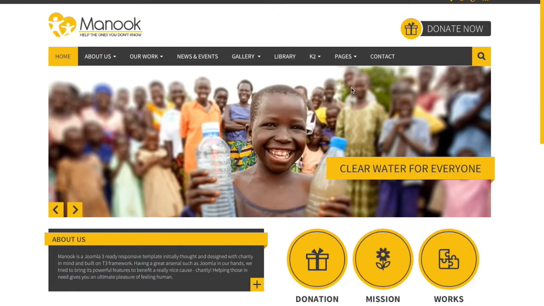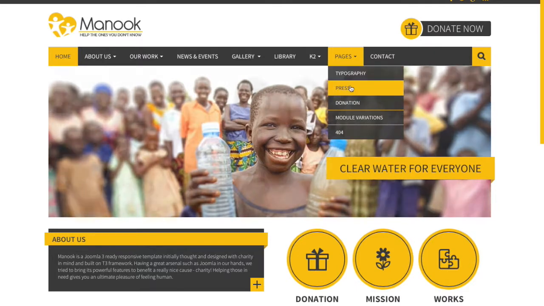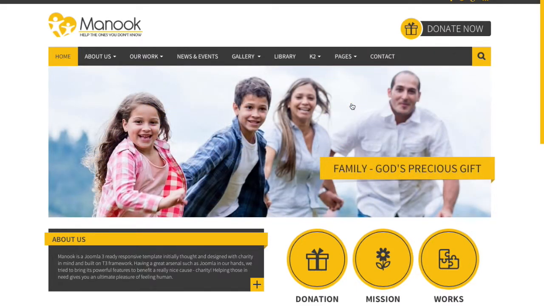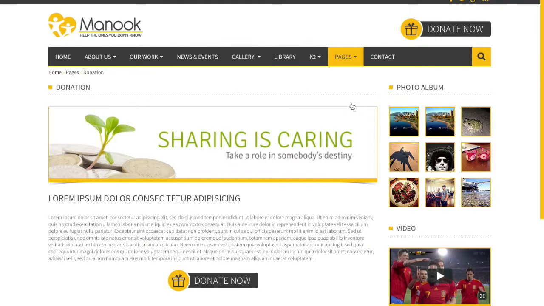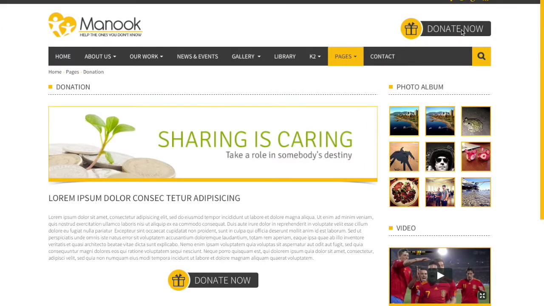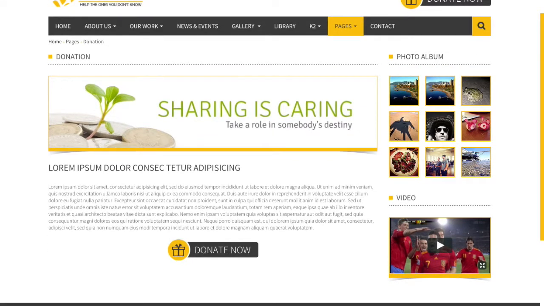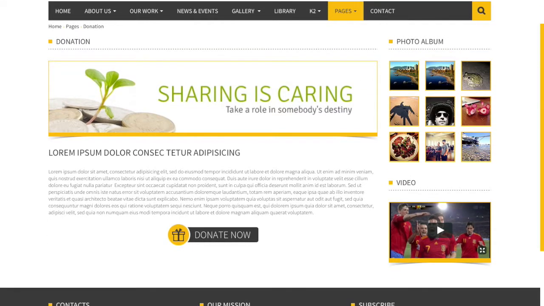Okay, and it's high time. I think I have introduced you to the donation, which is the one I have talked about at the beginning, with this great donate now button. So one of the most crucial and initial functions a charity will ever need is having an option to contribute. That's why we have included the donation option where everyone can donate and have their input in a great cause,